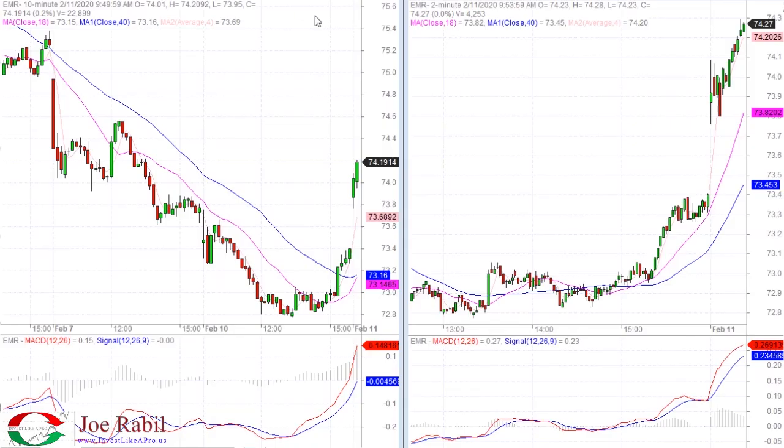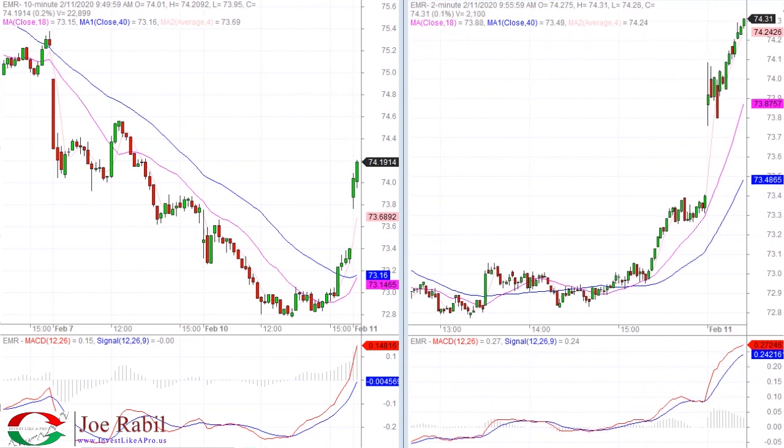Wanted to follow up on the last video, which was the two time frame pinch play, which was on a monthly and a weekly chart. And I'd like to show the exact same trade. It's not exactly the same, but it is the same method. And it is a two time frame pinch play, but I'm using a 10-minute and a 2-minute chart of EMR here. So I'm going to start again looking at the little higher time frame on the left side,